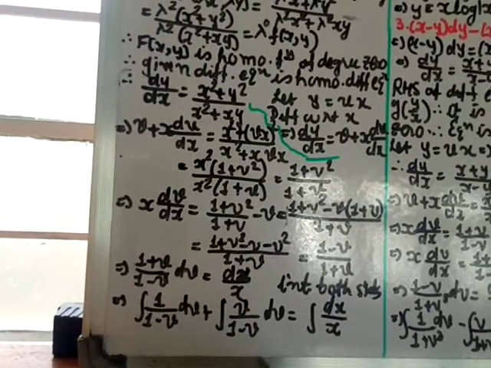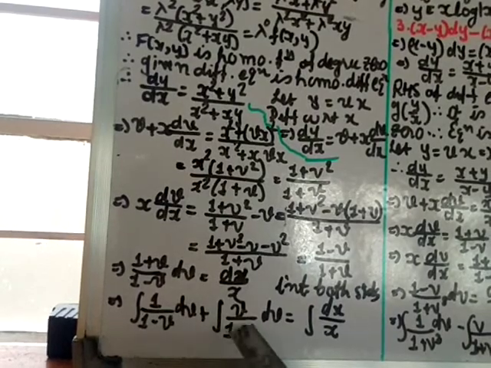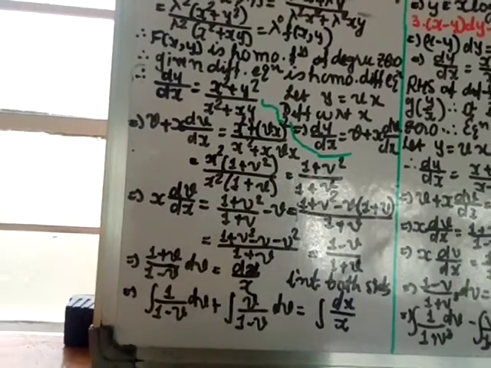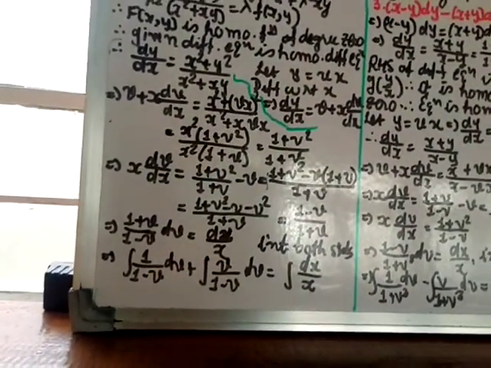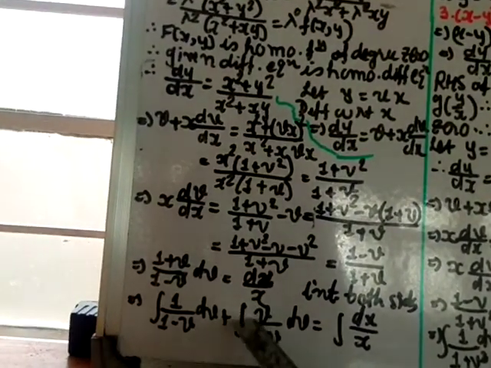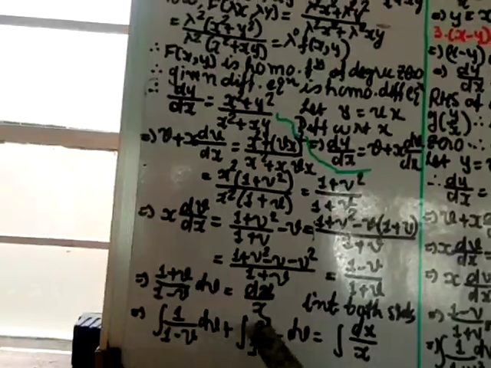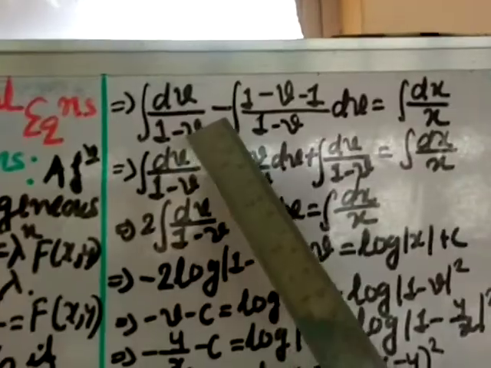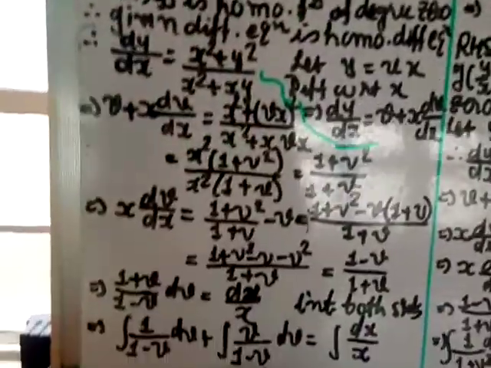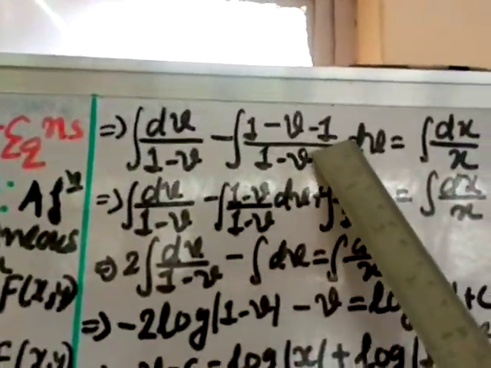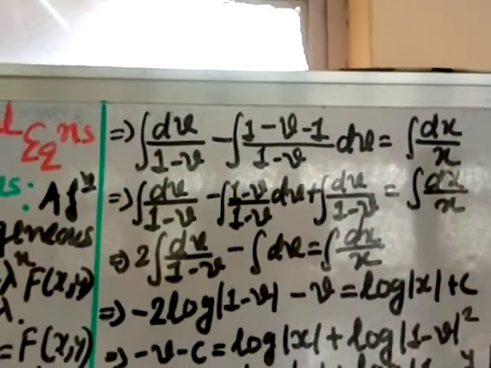Now for this integral, I see here v is there, here 1 minus v, so both the powers are the same. So we try to get the numerator like the denominator by either multiplying something, or minusing something, or adding something, or dividing by something. Okay, so here I have minus v, so I'll multiply first by minus v, and I'll add 1 and minus 1, to get 1 minus v here. So the integral, first term is as it is, dv divided by 1 minus v, minus, since I am making this minus v, I need minus v here, so here also making minus and minus, so minus into minus is plus. Okay, so I put here minus v and added 1 and minus 1, and the denominator as it is, dv equal to this side also as it is.